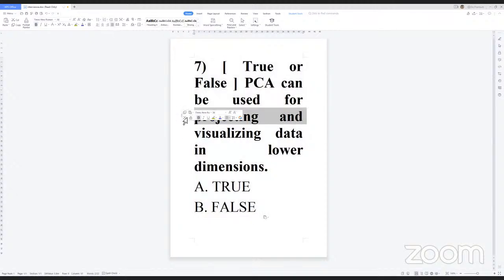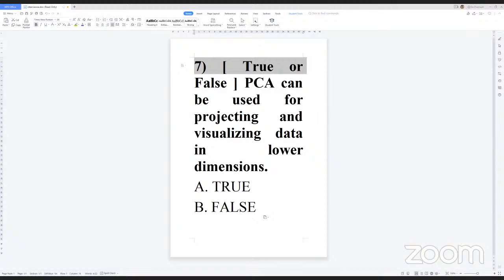So the seventh question is also true or false. PCA can be used for projecting and visualizing data in the lower dimension. Is it true or not? It's a very simple question. And the answer for the seventh question is here. It's possible. Yeah, it's true. The statement is true. PCA can be used for projecting and visualizing data in lower dimension. We'll go for the next one,